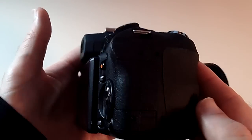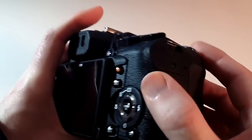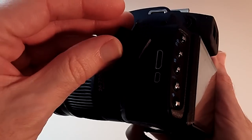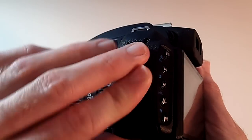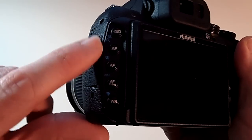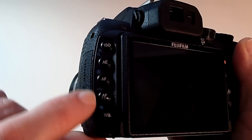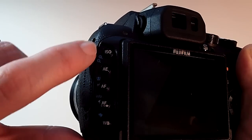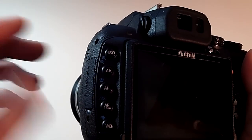Around on this side I already showed you this little flap here, and this is hiding the memory card slot. Round on this side here we've got a little cover which we can open, and that reveals the HDMI socket and the USB socket as well. Then we have got some buttons on the back. Now these buttons here have got dual functions. They are labelled in white ISO, AE, AF, AF with C, S and M underneath for changing various settings, and also white balance, and then in blue they double up for extra functions for zooming in and out, face detection,